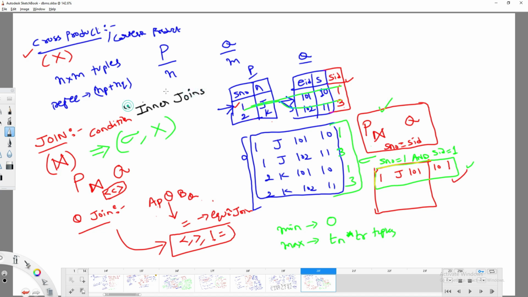So with inner joins, are we going to lose data or not? Yes or no? See, if I am trying to combine two tables P and Q, you need to get how many rows actually? 4 rows basically. But we are getting one row, which is also meaningful data. But are we losing the remaining 3 tuples or not? In inner joins, we are going to lose the meaningless data.